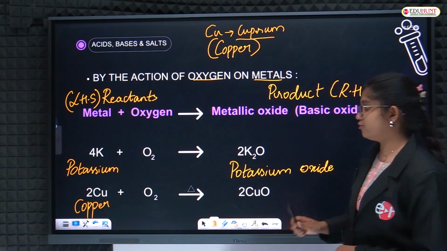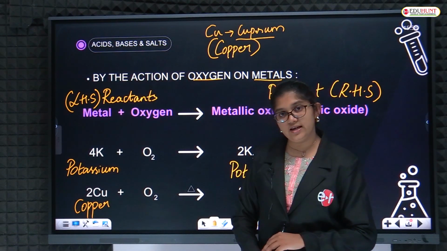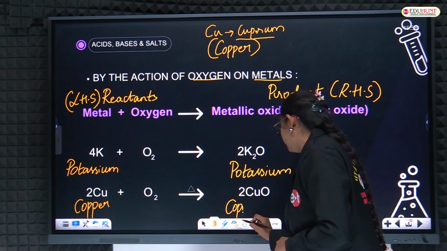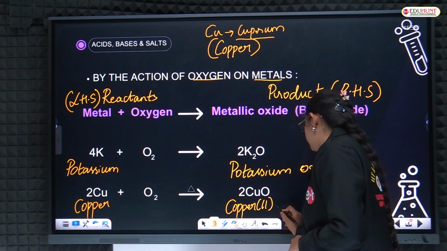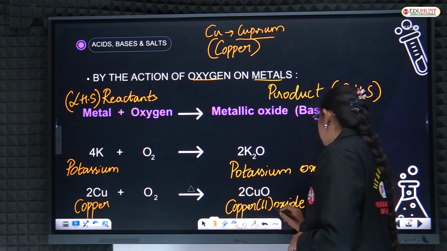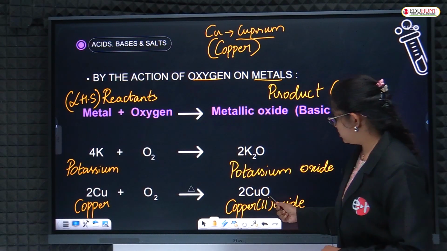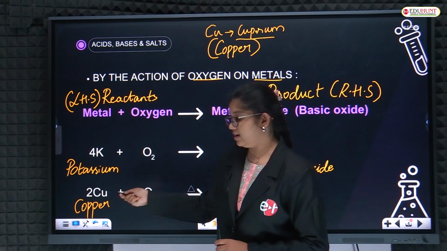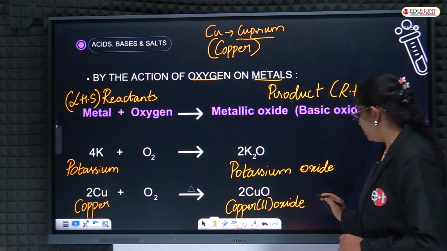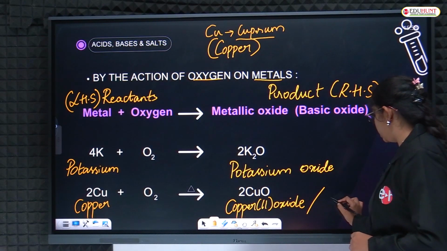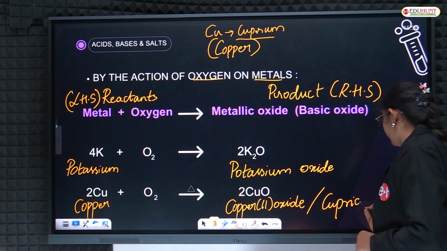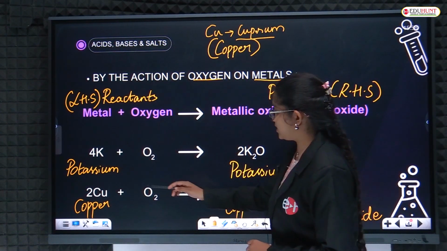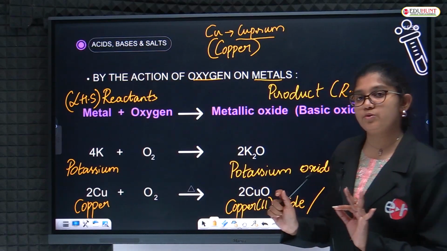Now we have copper metal, and for that we are adding oxygen again. What do we get? We get copper oxide. Very good. Copper is Cu plus 2 because of the ions, children. And here we have 2CuO, 2Cu because we are taking 2Cu, no? There is also a name for copper 2 oxide, that is cupric oxide. What is that, children? Cupric oxide. So these are the examples for the simple preparation from oxygen with metals.